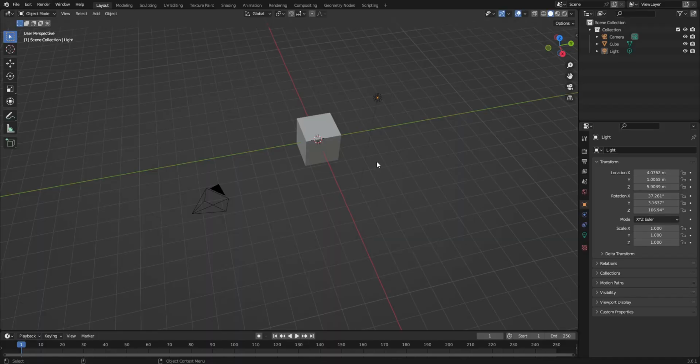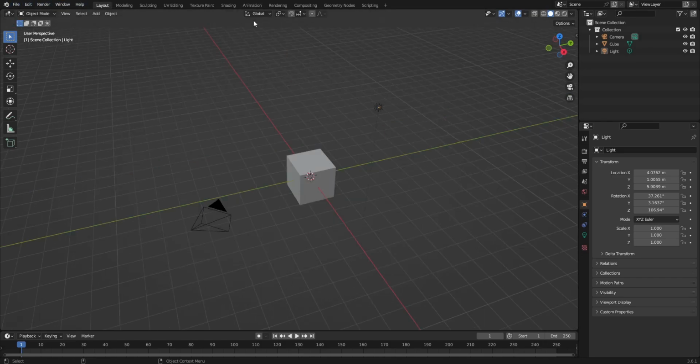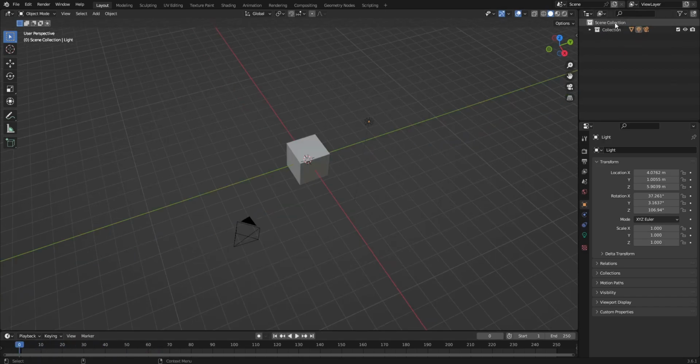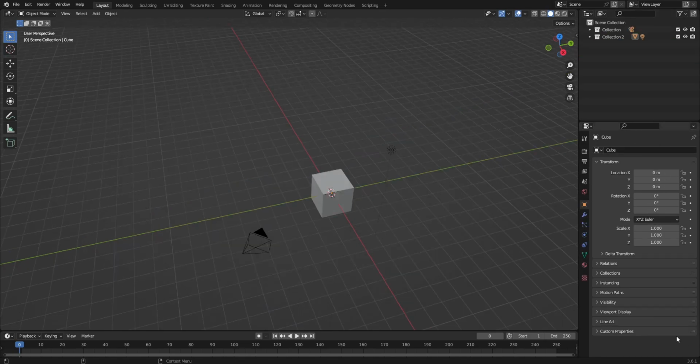Instead of overwhelming you with all the menus, tabs, and bars, I will focus on the most important things for now and we will gradually learn more as we go. The main panel is the viewport where you can see everything in your 3D world. Below that is the timeline, which is used for animation. This panel has a folder system where you can add collections similar to folders and organize different elements. The most important panel is this one,